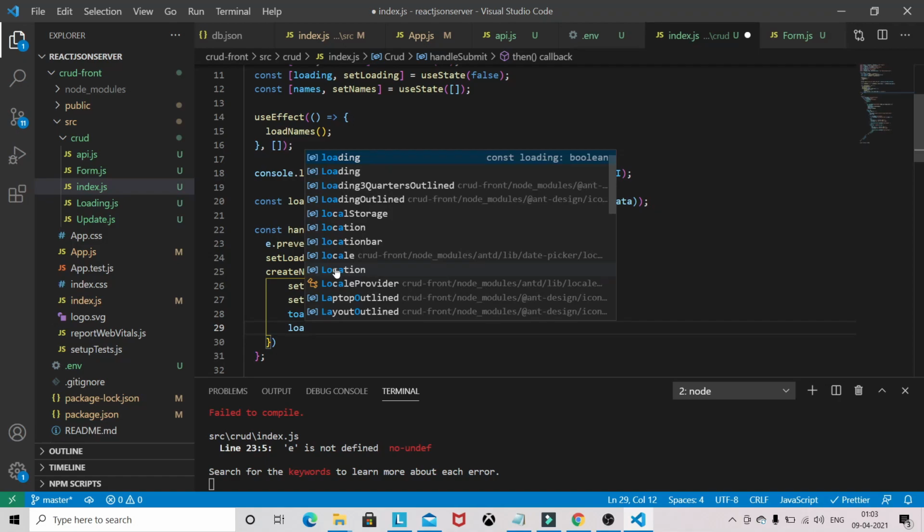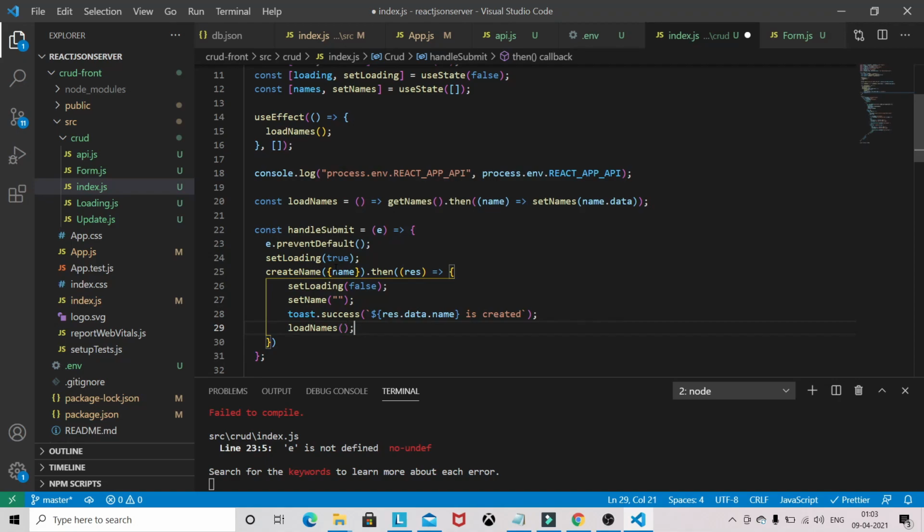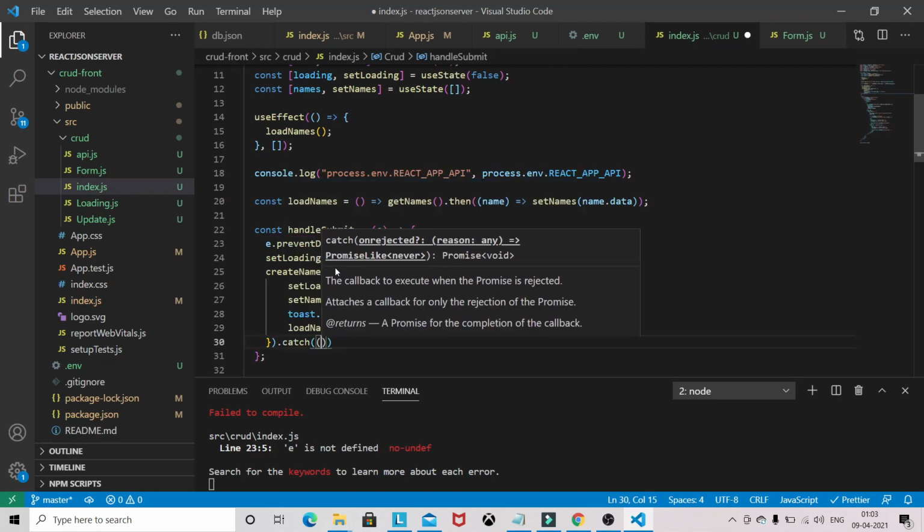So I will call loadNames again here, so that we get the updated list after creating the names.